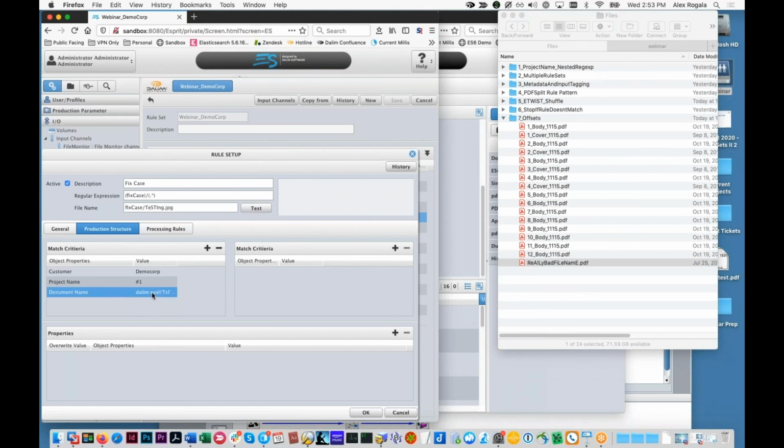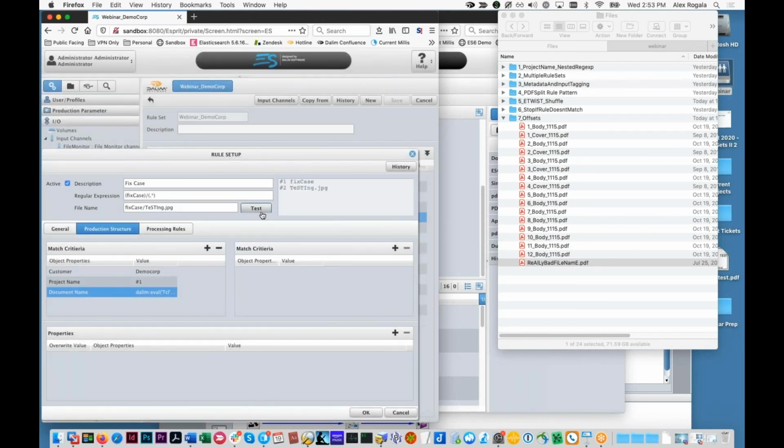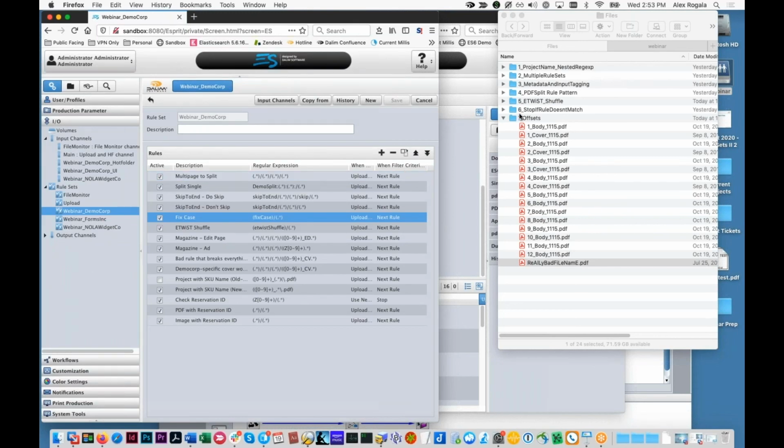What I did here is I built a special rule, and this is doing the same thing. It's calling a special tickle command, string to lower, and it's taking the file name and casting it all to lowercase. So if I were to upload a file to the hot folder I have set up for this,